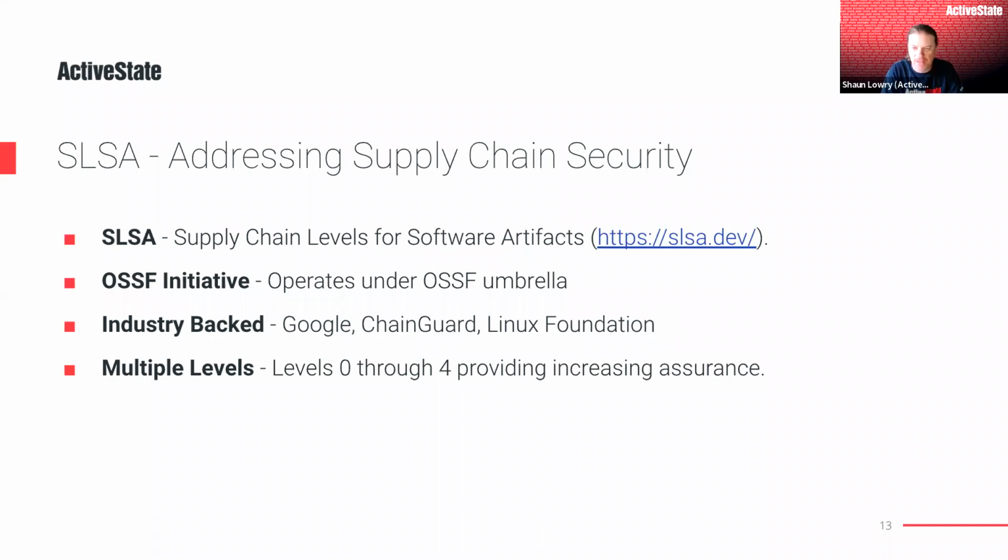It stands for Supply Chain Levels for Software Artifacts, and it outlines a set of guidelines and controls to improve confidence in the software supply chain. It's run out of the Open Source Software Foundation by a cross-industry group formed of interested parties from the likes of Google, major financial institutions, software vendors, and more. There's also significant participation from the Linux Foundation and other open source groups, and ActiveState has been involved since its inception. SLSA defines multiple levels of compliance, 0 through 4, with each level representing an increasing level of assurance in